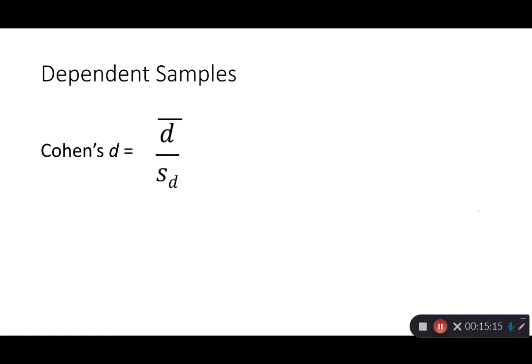We can also talk about Cohen's d for dependent samples t-tests, and that's the topic for next week, but I thought I would introduce it here. Cohen's d equals d bar, the mean d, divided by the standard deviation of d. Now, this is going to get a little confusing because there's d's all over the place, and these d's are not all the same. This is Cohen's d, and when I talk about Cohen's d, I'm going to write Cohen in front of it. The d's that are over here,